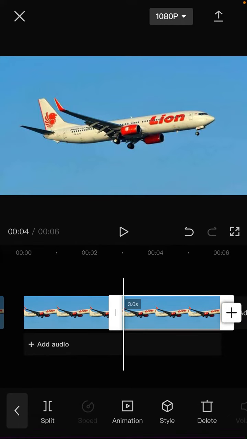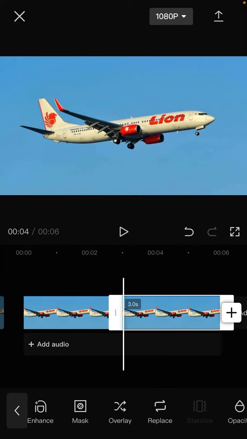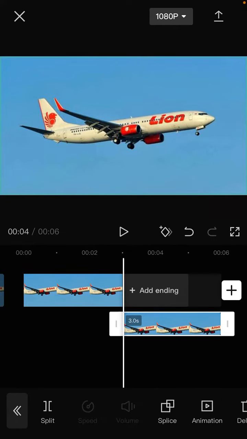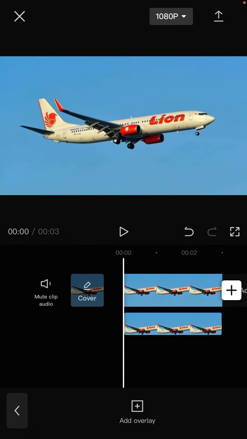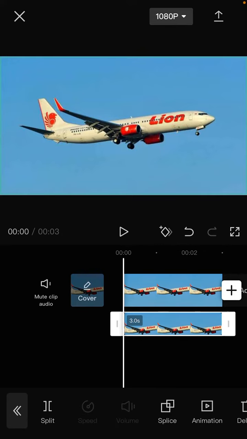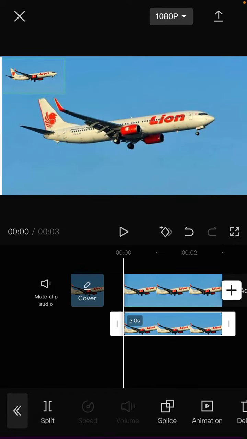and just use this one as an overlay, and then you can adjust the position like this and then click the overlay and you can adjust the scale like this and adjust the position as you like,